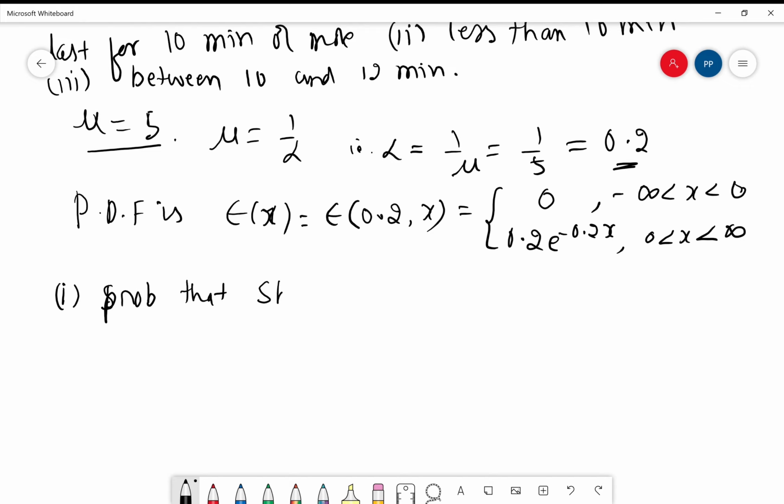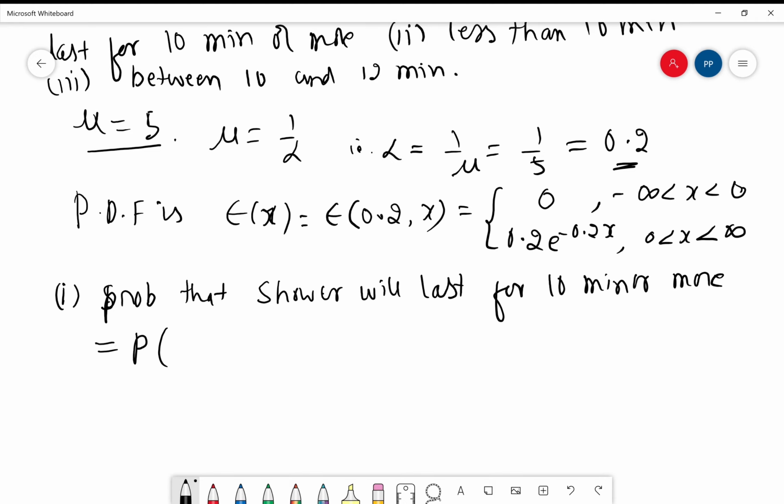a shower will last for 10 minutes or more. Now, what is the notation for this? P of variable x, which denotes the duration of a shower, 10 minutes or more. That means greater than or equal to 10, which is the same as P of 10 less than or equal to